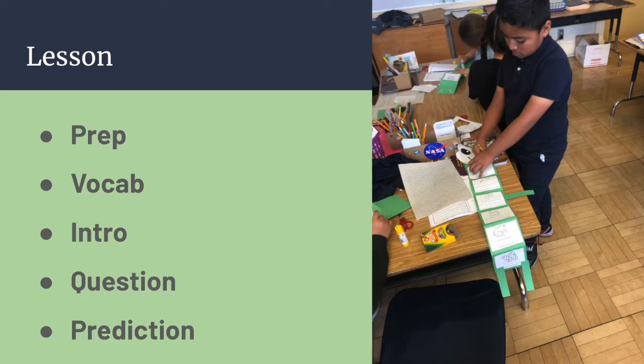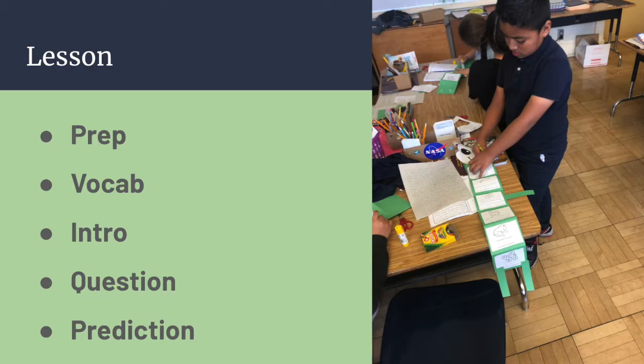Okay, so moving on to the intro. I introduced different types of life cycles. So we talked about the butterfly life cycle, which they all seem to be super familiar with, so you can use that as an example. We also tried to relate it to them by talking about the human life cycle. So how they didn't look the same as they did 3 years ago, how they grew from a baby to a 3rd grader, stuff like that.